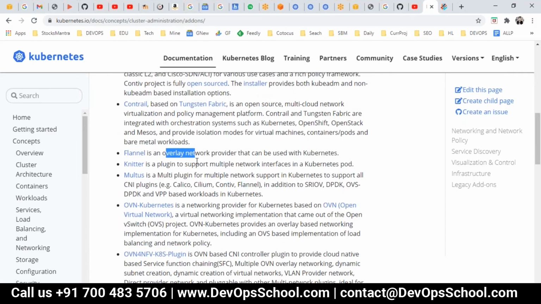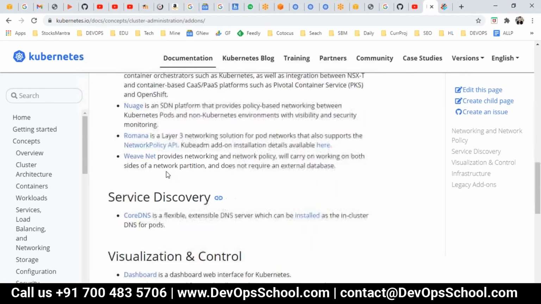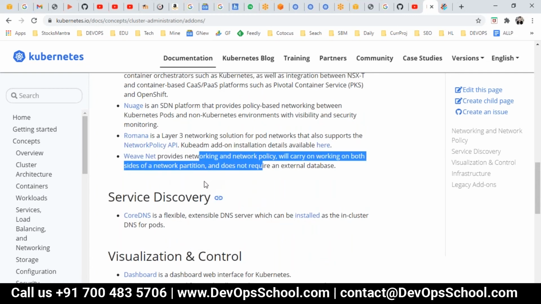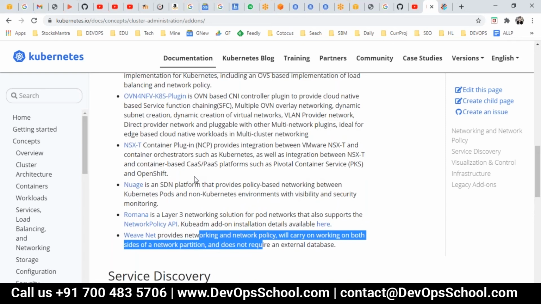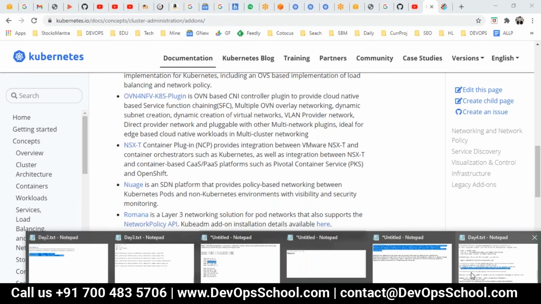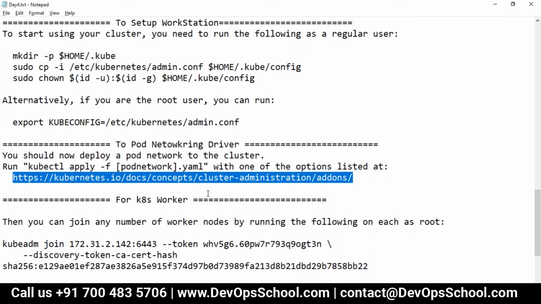Flannel is also an overlay. And for the demo, usually I use Weave Net because it's easy. Installing is not very difficult, but you have to understand each product, how it works, what the pros and cons are, and stuff like that. Then you'll understand better. If you're related to networking, guys, you'll understand all these concepts easily. Or you can have another session on that. I'll help you in that.